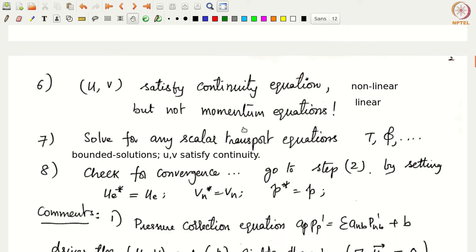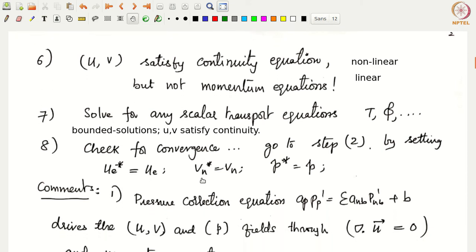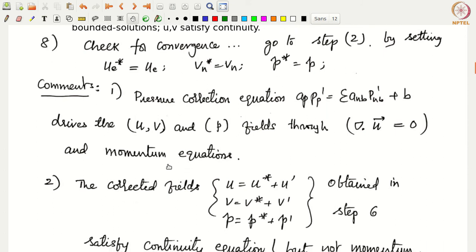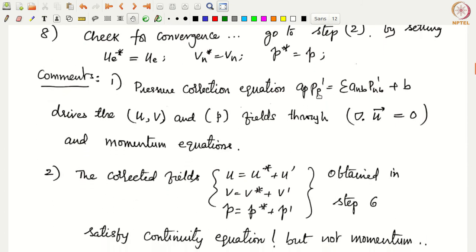Okay, so that is the overall algorithm. Let us make some comments on what we have learned so far. Coming to the comments, the pressure correction equation that we have, AP PP prime equals sigma NBP NB prime plus B. What this is doing is basically driving the velocity field, that is U, V, and the